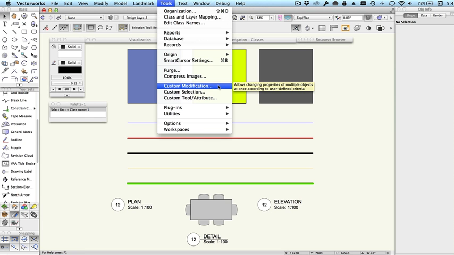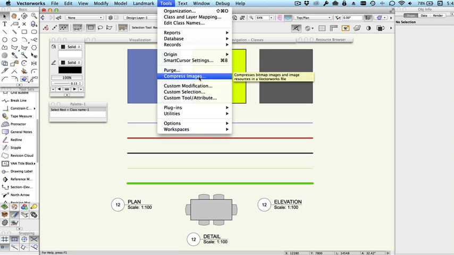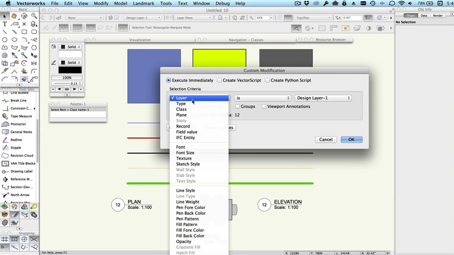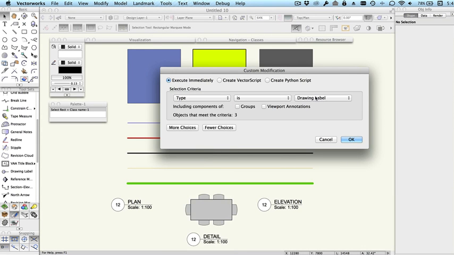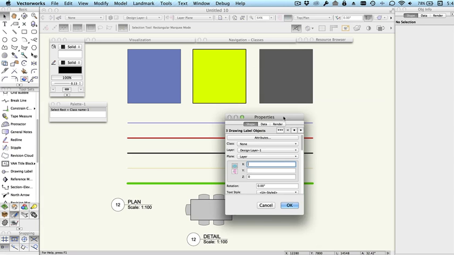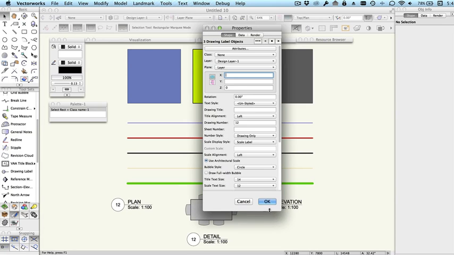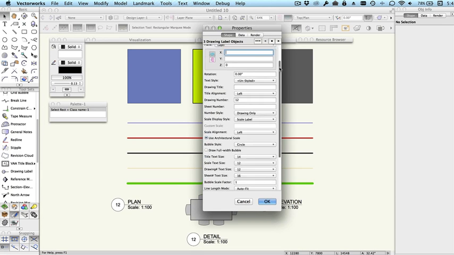So let's, for example, use these drawing labels. We'll go to the Custom Modification command, and we'll choose type is, and then we'll get a list of all of the types of objects we've used in the drawing, and we'll choose drawing label. Click OK, and what will then happen is that the object properties for this particular object will come up, and where there are differing